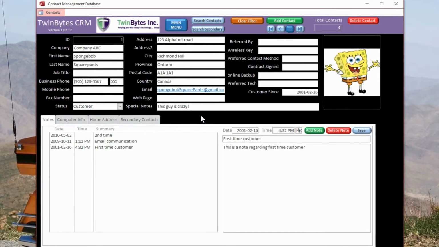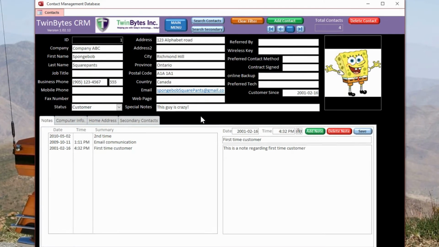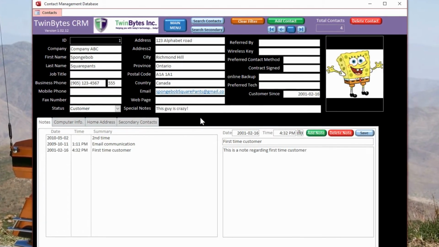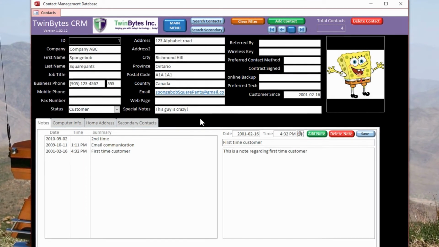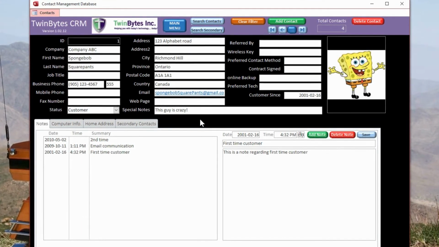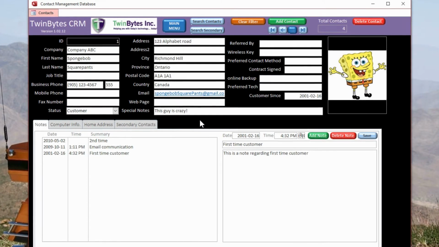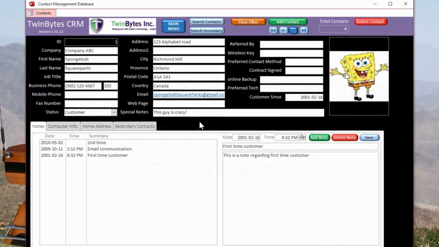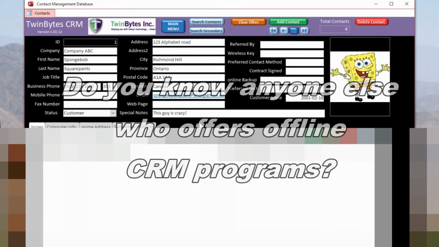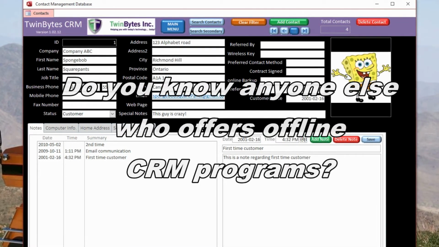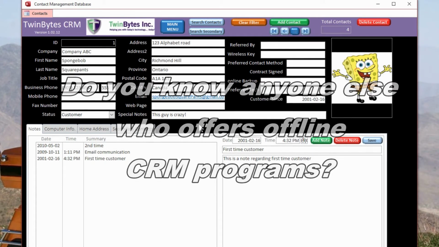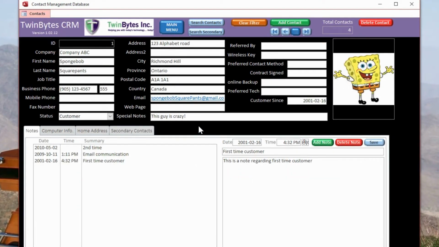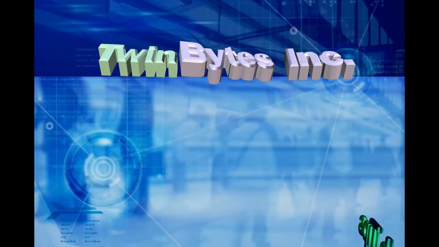So this is a contact management database. Previously I used ACT and it expired, and I couldn't purchase a one-time payment for a standalone product that is loaded on my computer. They're all online and they're all subscription based, so the payments never end. It would have been a lot cheaper to do a one-time payment, plus it's local, stored on my computer, which is all I want, so it's a little more secure and not out on the web.